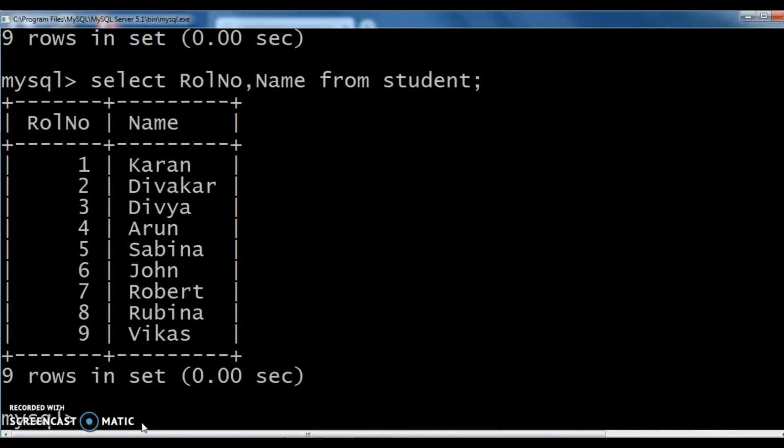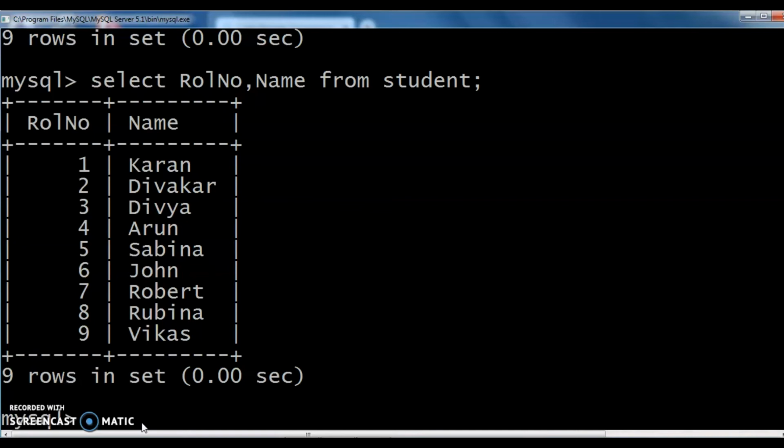Only roll number and name fields we can see. Clear? Then how can we apply a condition to this table? That means the filtering process. From these 9 records, I need only this much. For that we can apply a condition. How can we apply this condition? By using the where clause, we can apply the condition.